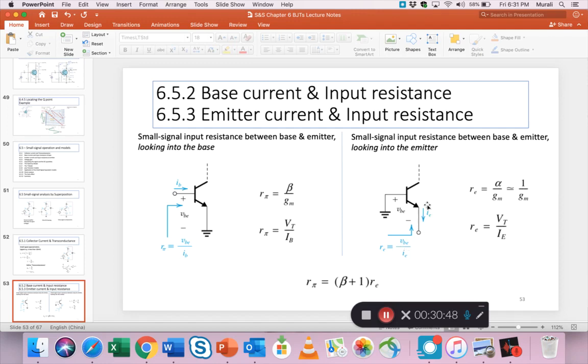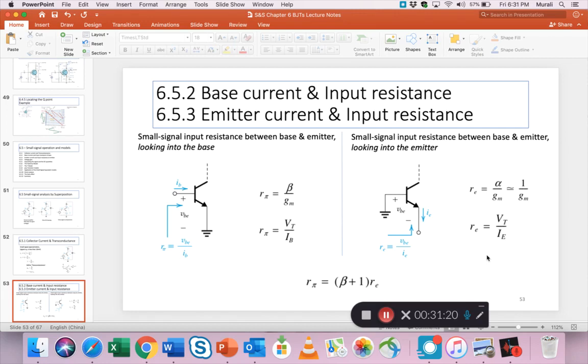So assuming this IE current also exists, Re is defined in this way. Re also is related to other transistor parameters like alpha and Gm. Alpha is generally equal to 1, so it's approximated, and then R pi and Re are related. So all these different resistances, transconductances, etc.,